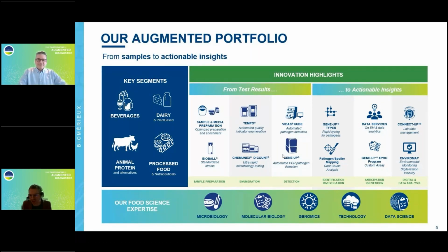However, augmented diagnostics is really moving us towards these actionable insights. So on the right-hand side of the screen there, where we see pathogen and spoilage mapping and data services, but perhaps more so concepts like GeneUp Typer, which we'll touch on today, the XPro program, which again we'll touch on, and indeed the connectivity aspect. And with that in mind, I think